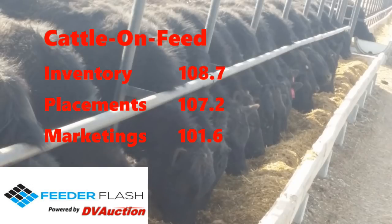Cattle on feed report snuck up on us and came out there on Friday. Not a big mover. I guess if you had to weigh it one way or the other, of course it's going to be a little bit bearish because of the big numbers we have in inventory. But you look at that, your March inventory levels were predicted to be at 108.1. The actuals came in at 108.7, which the analysts didn't miss by very far, but still,